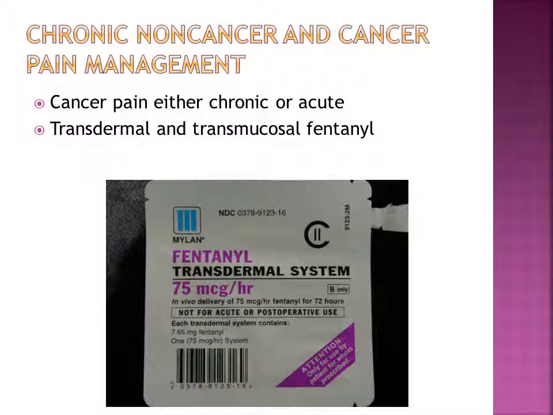Transdermal and transmucosal fentanyl. The transdermal is 100 times more potent than morphine and can provide analgesia for 48 to 72 hours and is commonly used for chronic pain. The client that is receiving the fentanyl patch has to be opioid tolerant. They have to weigh over 100 pounds and they cannot be hyperthermic. If you are applying a patch to a patient who is feverish, it causes the medication to be released faster. The transmucosal fentanyl will exist for the breakthrough pain.